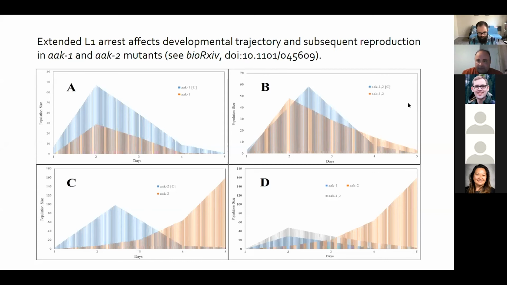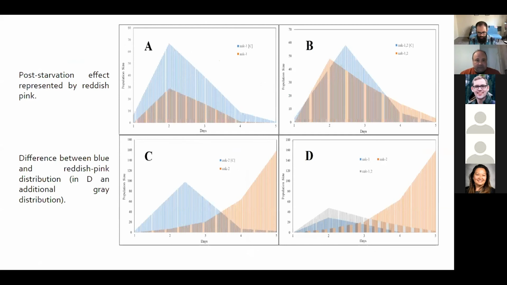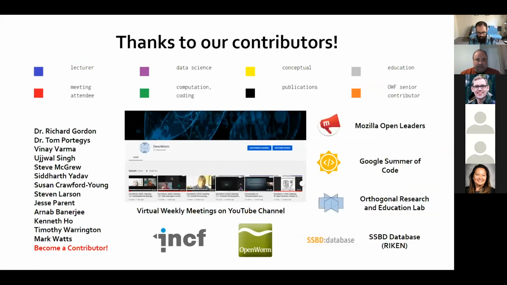And then for the double mutant, which we created for some of these experiments, there's a shift in the reproductive peak. It's slightly accelerated here. It's earlier in terms of the number of days, and the kurtosis is a little bit lower, but it's pretty similar to the unstarved form. And so those are the types of things you can do with mutants and with starvation, and we've done this in a preprint here, and we've tried to quantitatively characterize them. So we can apply this to a number of different types of mutants.